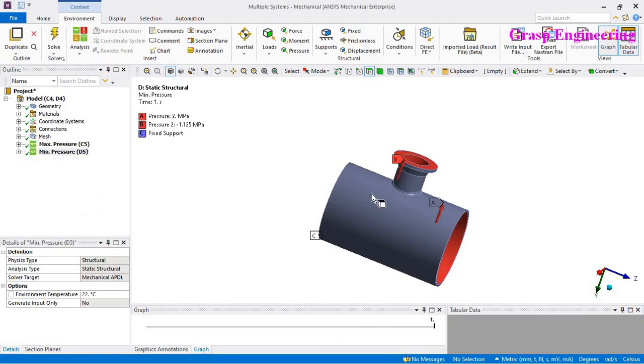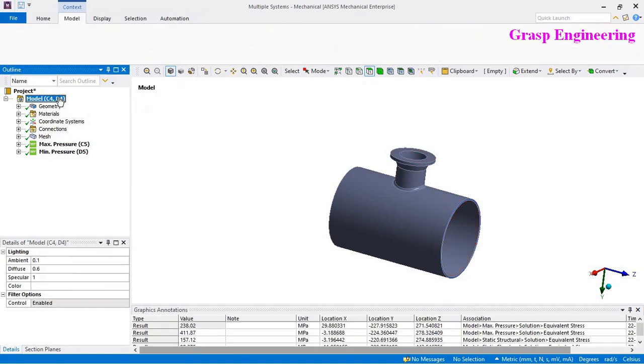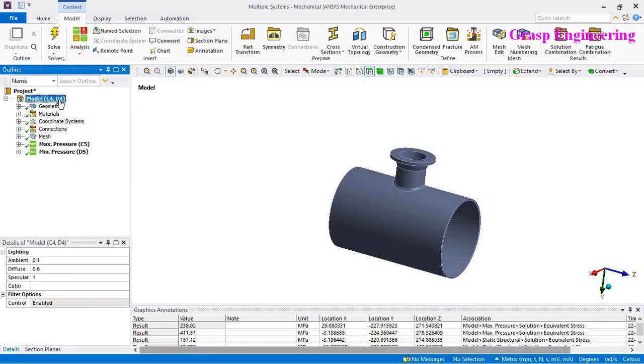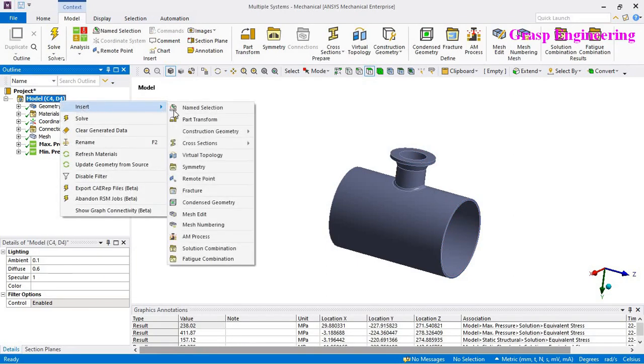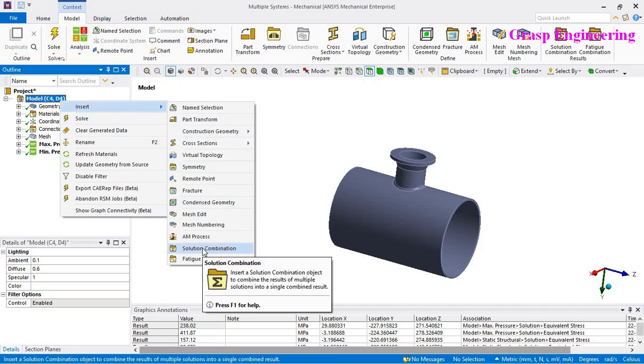condition. So now let's do the simple fatigue calculations by using ANSYS mechanical tool. For that you just need to go to model tab, right click over there, and you can go insert, and then here you will find the first tab, that is solution combinations.